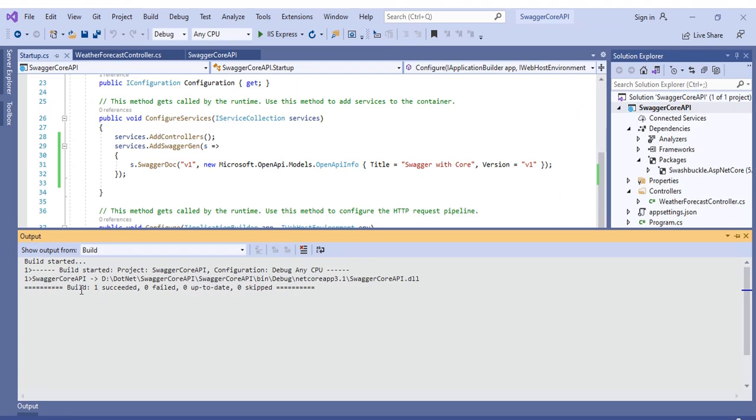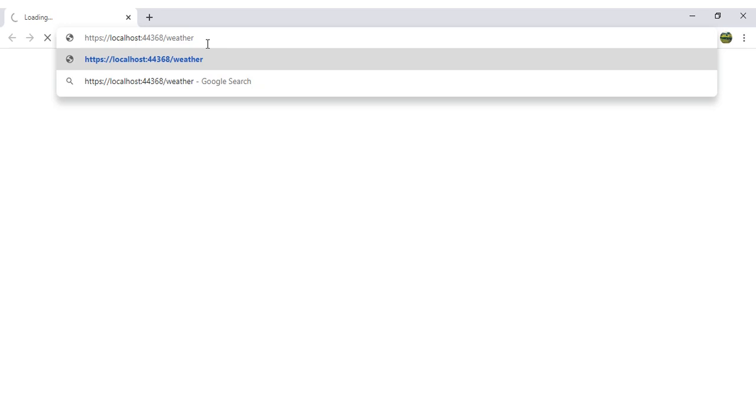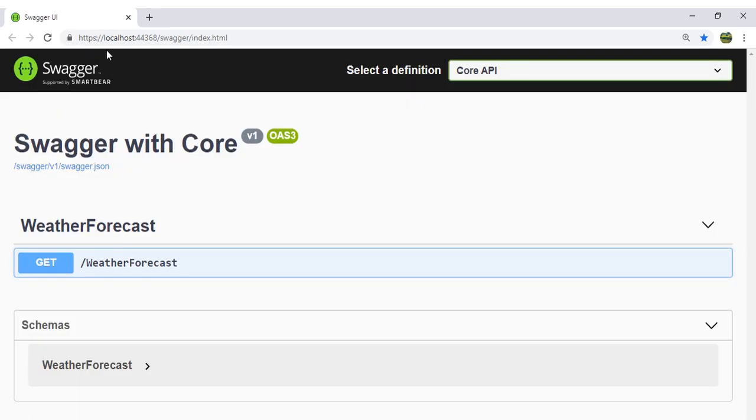We can see the build is successful, and go and run it. It launched the application with localhost, the port number, weather forecast and the controller name. Just remove that controller name and just type swagger and press enter. Now you can see that Swagger UI has been loaded.